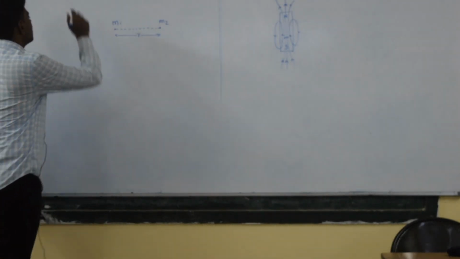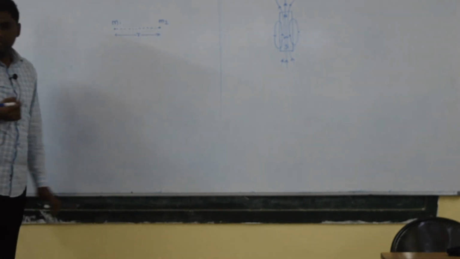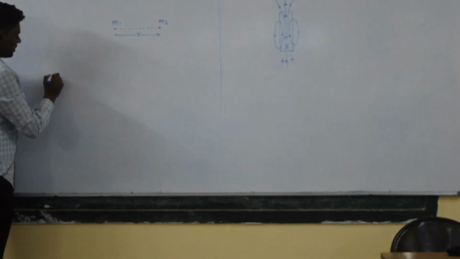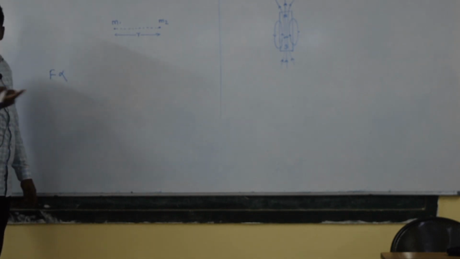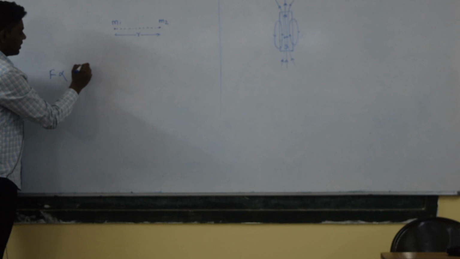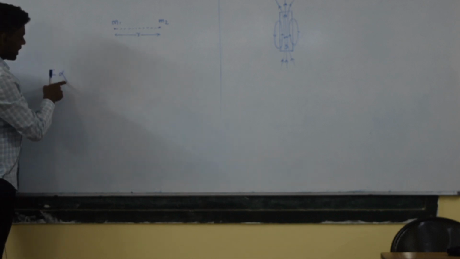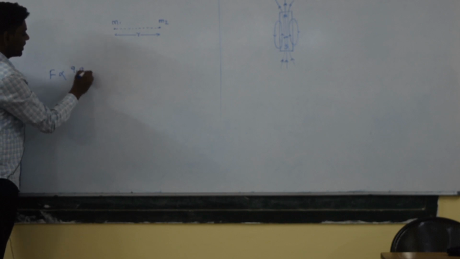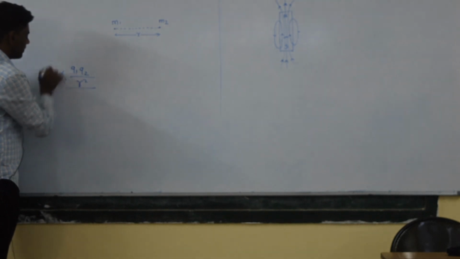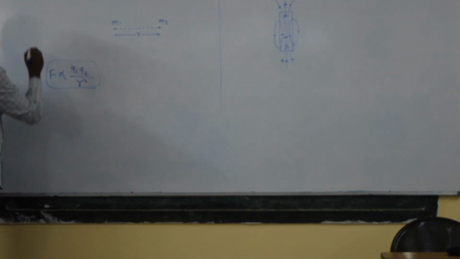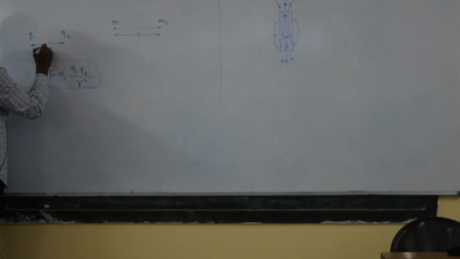Coulomb's law. What is Coulomb's law for electrostatics? What is the statement? The force of attraction or repulsion between the two charges is directly proportional to the product of their magnitude of charges and inversely proportional to the square of the distance between them. So what is the diagram? This is the first charge, second charge separated by the distance r,